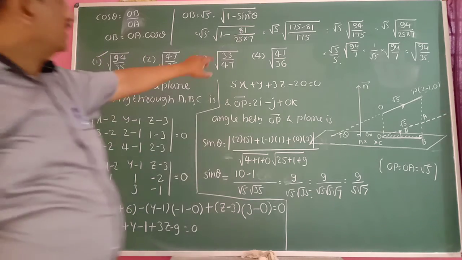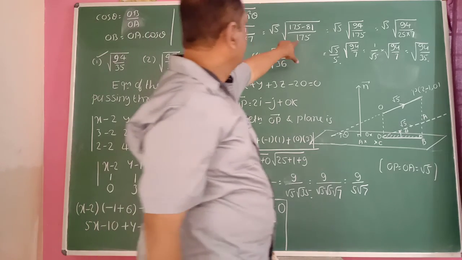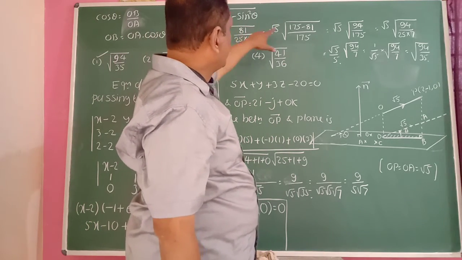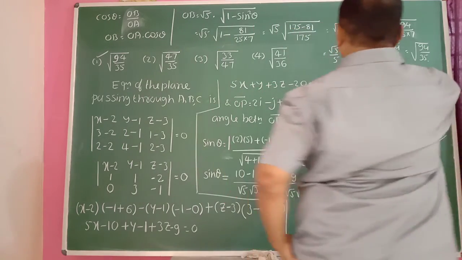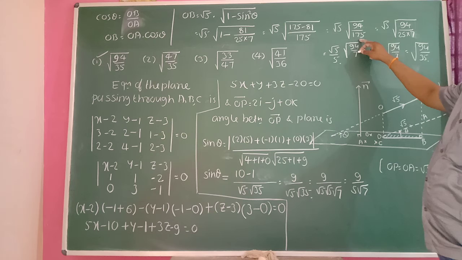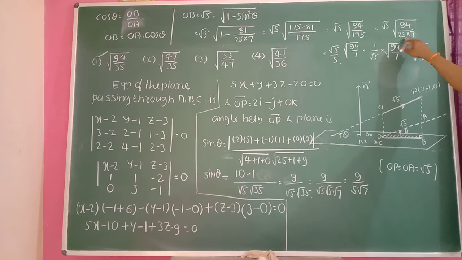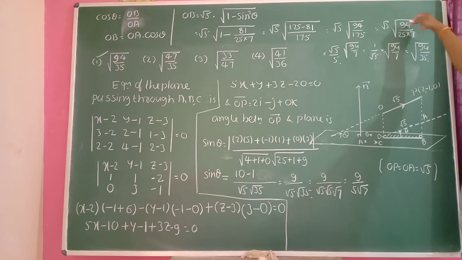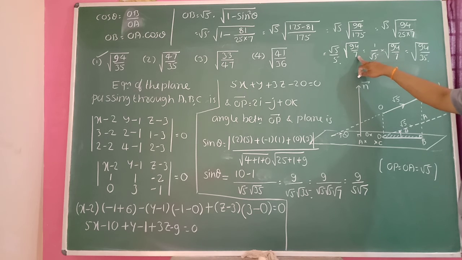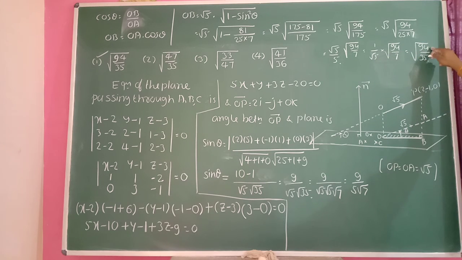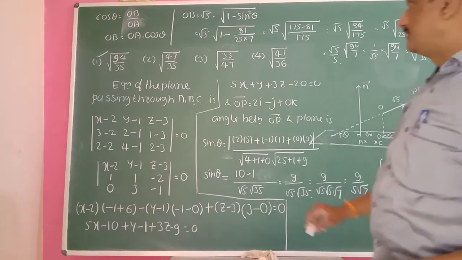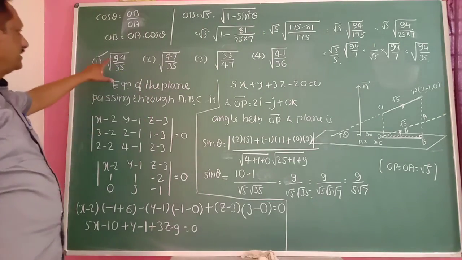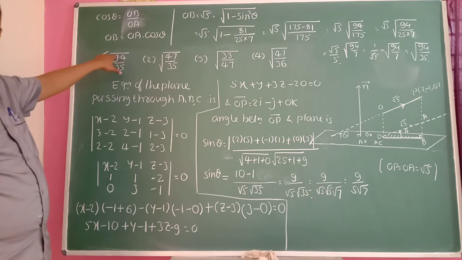Okay, because here 25 7s are 175. 175 1s are 175 minus 81. 175 minus 81 gives 94 divided by 175. 175 is 25 into 7. Then the square root of 25 is 5, and you can't divide here. So root 94 by 7 keep as it is here. Then root 5 upon 5 means it is only root 5. Take root 5 inside, means take 5 inside here. The square root of 7 5 is 35. So root 94 divided by 35. Root of 94 upon 35. I think it is not 44, it is 94 here. Okay.